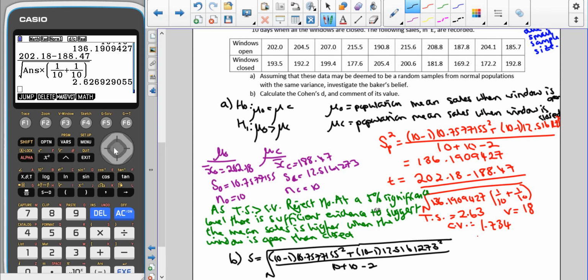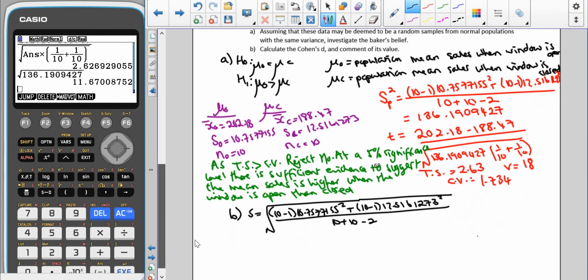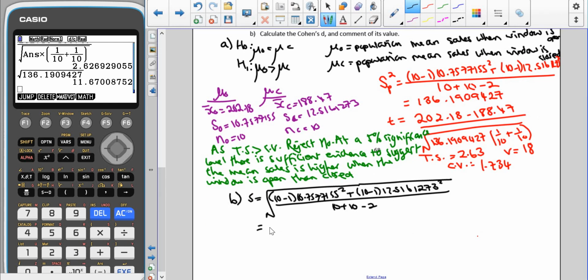So if you've ended up using the sample standard deviations in the hypothesis test, you need to use those when you're finding the effect size. Otherwise, you're using data that wasn't actually being used in your hypothesis test. Now, we have actually already figured this out, so all I'm going to do is square root the value that I got for SP squared here, 136.1909427, just to save myself a little bit of time, which gives me a standard deviation of